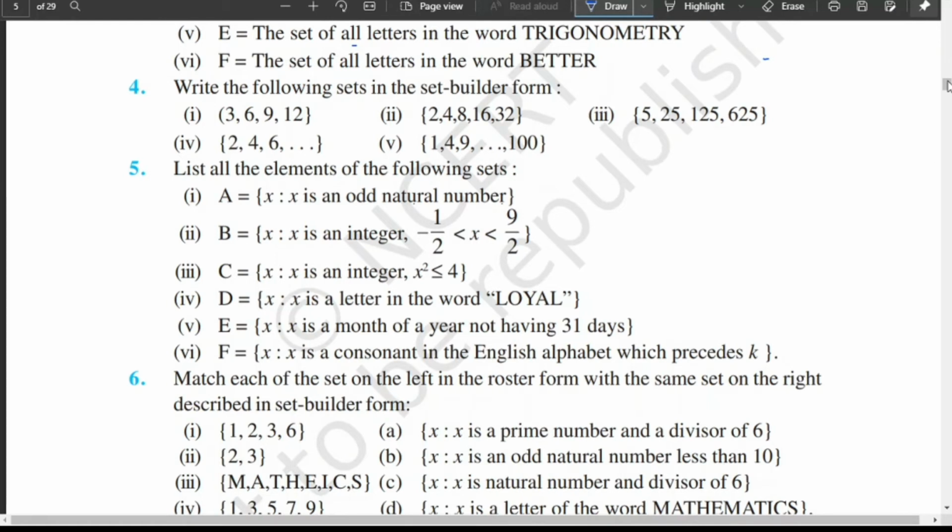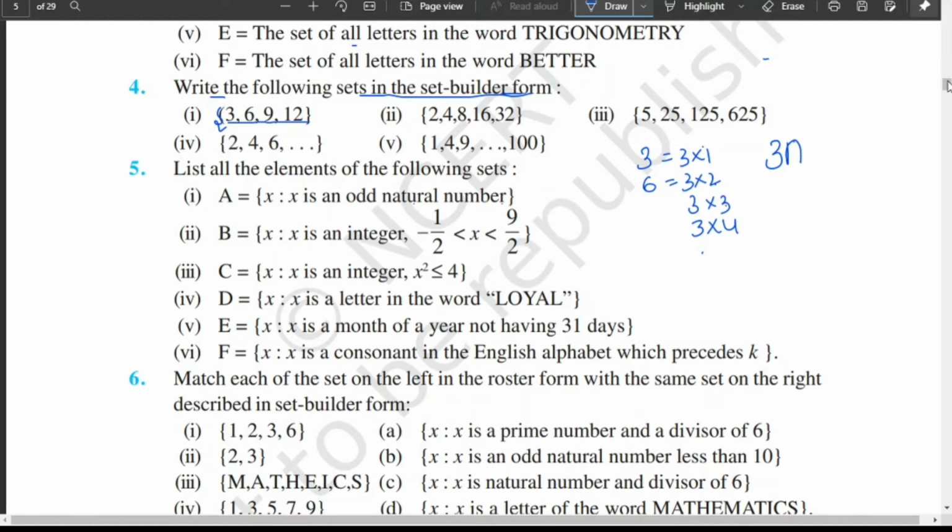Here you need to be a bit careful and try to understand things and write it. Write the following set in set builder form. When I see this set, check the brackets, it should be flower brackets only. So 3, I will write it as 3 into 1. What is coming out common? Check. 3 into 2, 3 into 3, 3 into 4. Can you see this? In this one, 3, 6, 9, 12, I can put it in this format. So I can write this as 3n, where n is 1, 2, 3, 4.